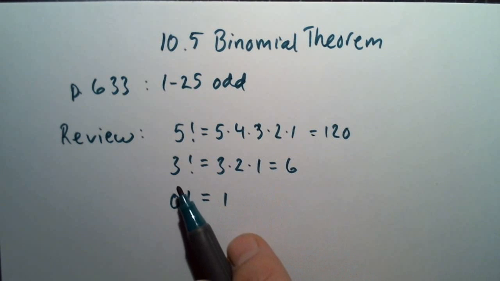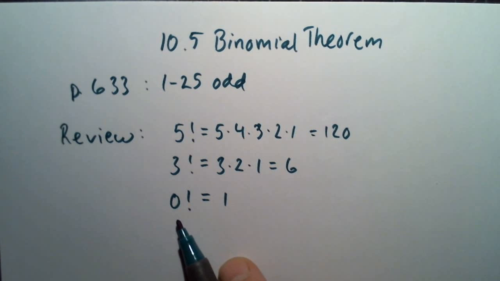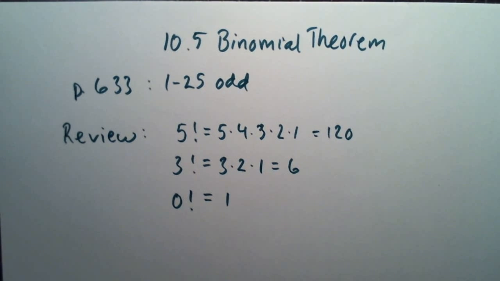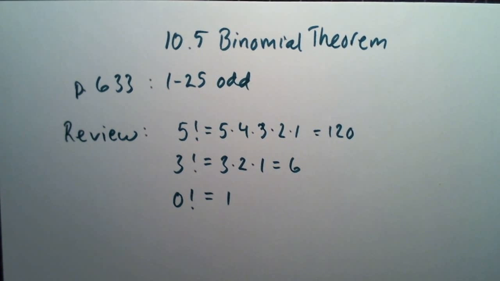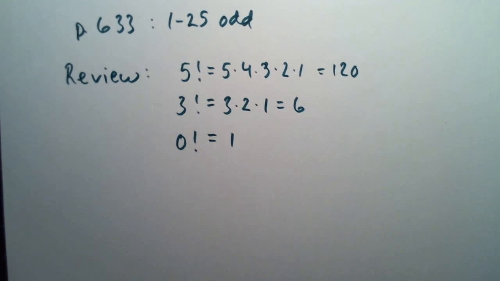So we get 120 here. 3 factorial is 3 times 2 times 1, and also 0 factorial equals 1, and that's what everybody agrees on. It doesn't really make sense, but that's the definition. Then we have